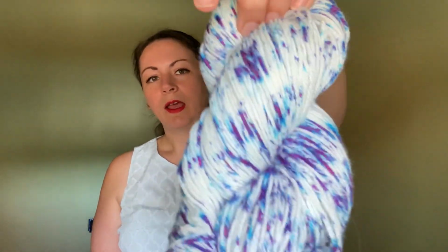But that is all I have this week. I'm hoping to start some other stuff as soon as I get these trick-or-treat bags done. And yeah, I still have my hanky yarn here that I really want to use. I'm just trying to find something. I thought I found something that I liked well enough to go with this one. I still love it. I have a couple other colors of Whitman's food coloring that I wanted to work together, like a moss green and a copper color, but I haven't really had the time